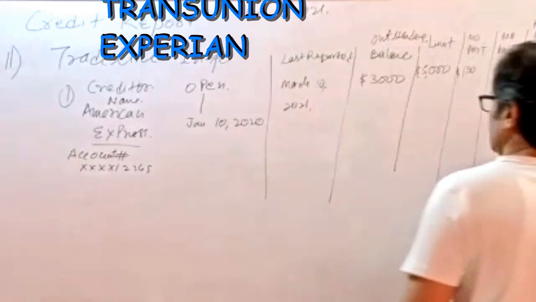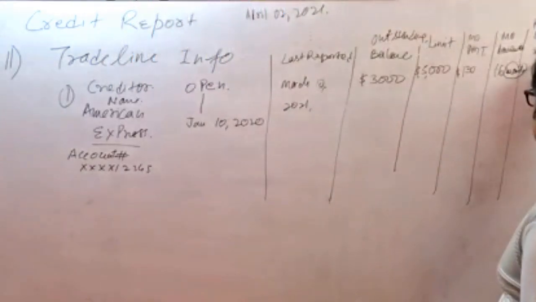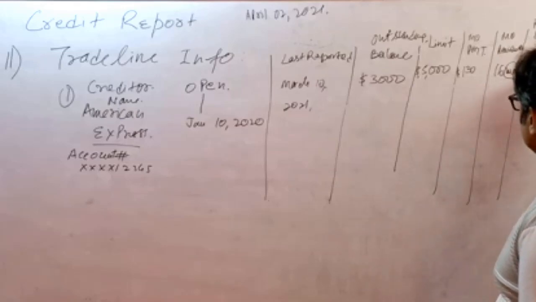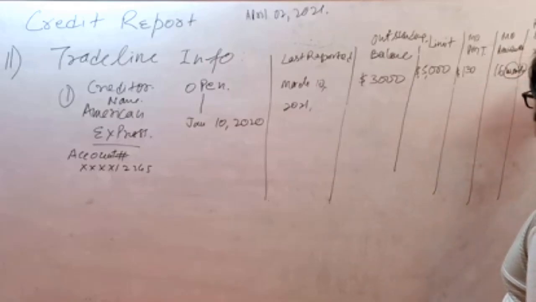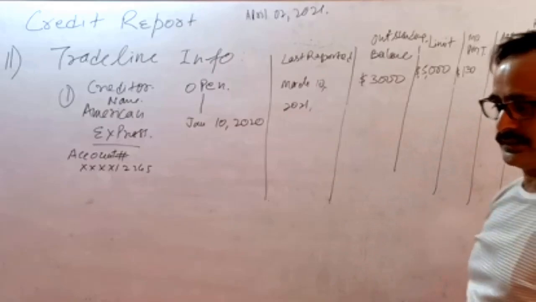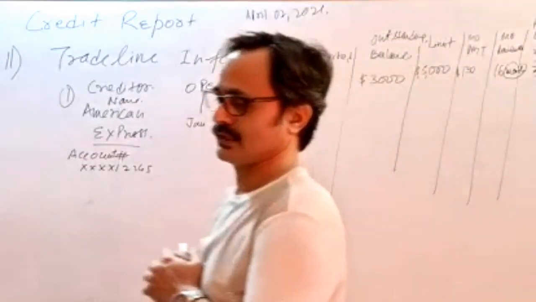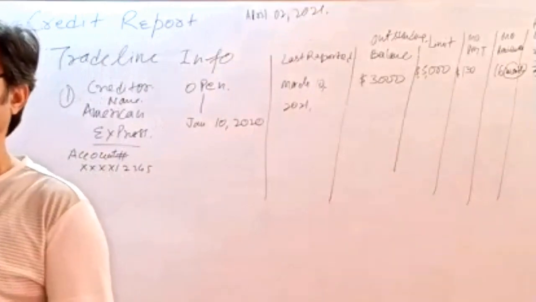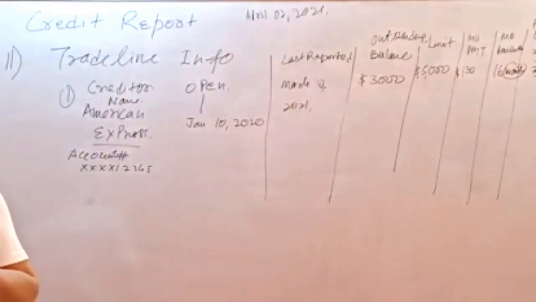So if you ever need to see the late, you can come to this and you can see it should be 0. 0 means no late. If there is a late, one time he got late for 60, so one is going to be put there. If they were late for 30 days once only, then it is going to appear 1. Or if they were late twice for 30 days, like in the month of January, someone was not able to pay the payment, but in February, he paid both January and February, so they were only late once.